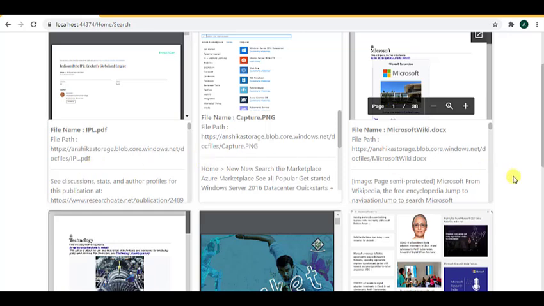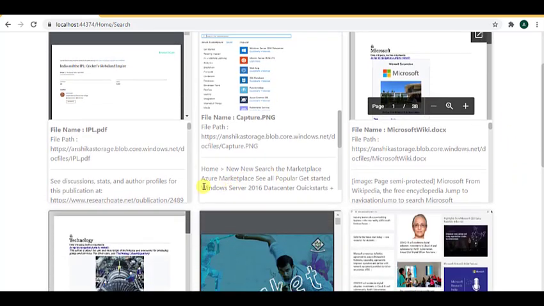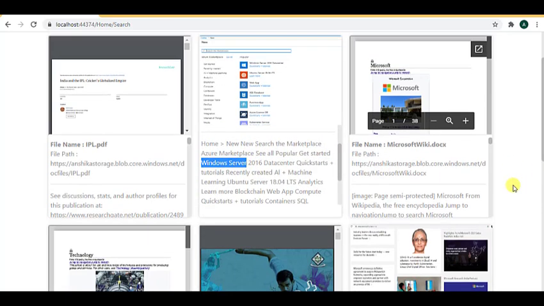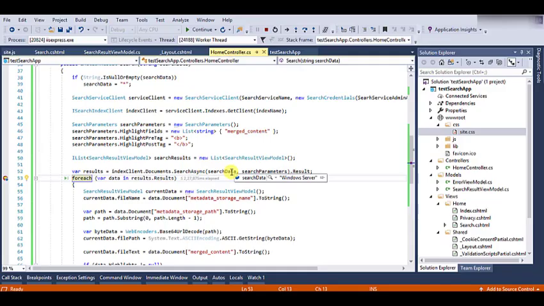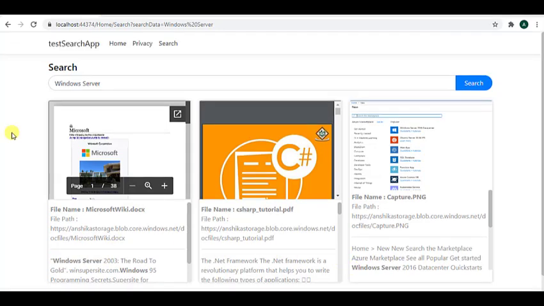And now in order to verify that our search results are correct, let's search for some keyword. For example, if I search for the word Windows Server and see what results came up. In the search data, we have passed Windows Server, and now let's click on continue. You can see that the first document which we have got has highlighted the word Windows Server, which is basically because of the highlighted pre tag and highlighted post tag which we have marked as bold. That is why the keyword which we have written wherever it is found in the document is highlighted. And this verifies that our search results are correct.